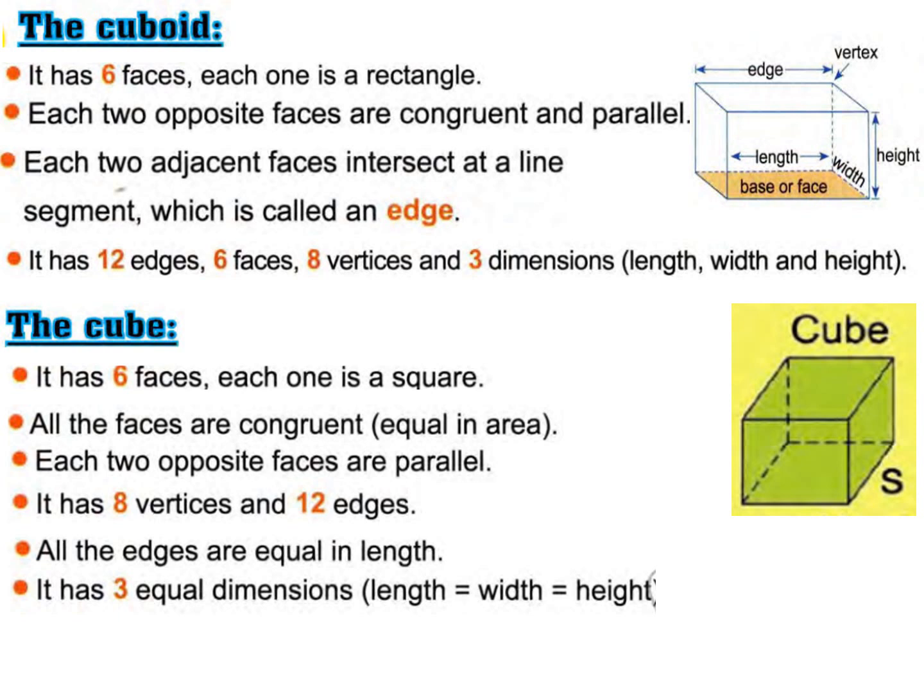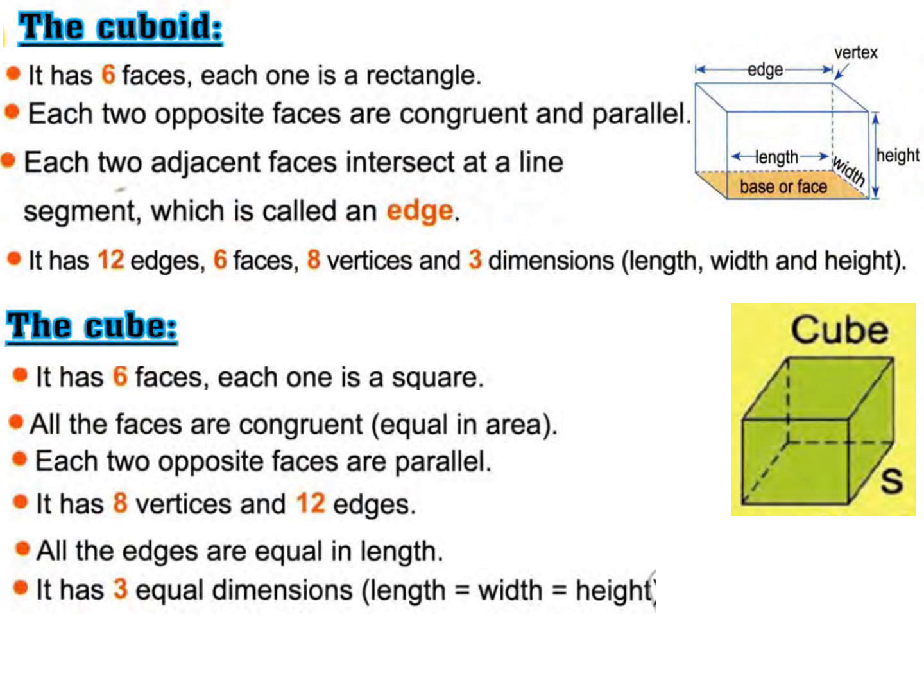Again, the cuboid has 6 faces, but each one is a rectangle. In the cube, it has 6 faces, but each one is a square, okay? Each two opposite faces in the cuboid are congruent and parallel, but all faces in the cube are congruent and each two opposite faces are parallel, okay? Each two adjacent faces intersect at a line segment in the cuboid called the edge. Also in the cube, each two adjacent faces intersect at a line